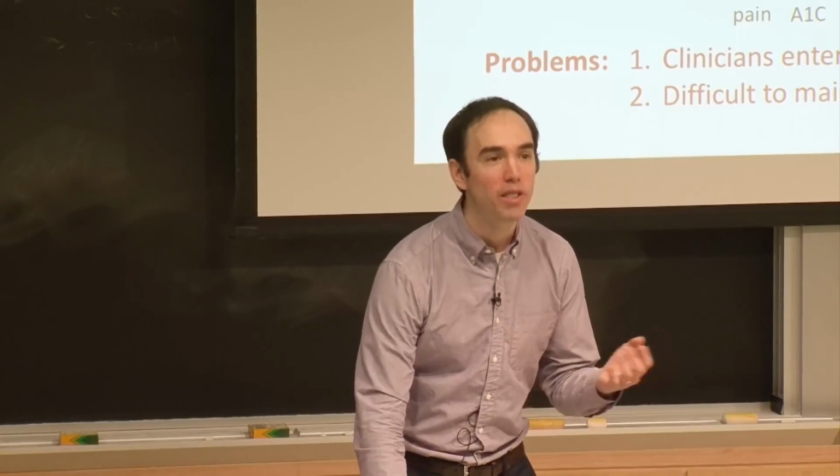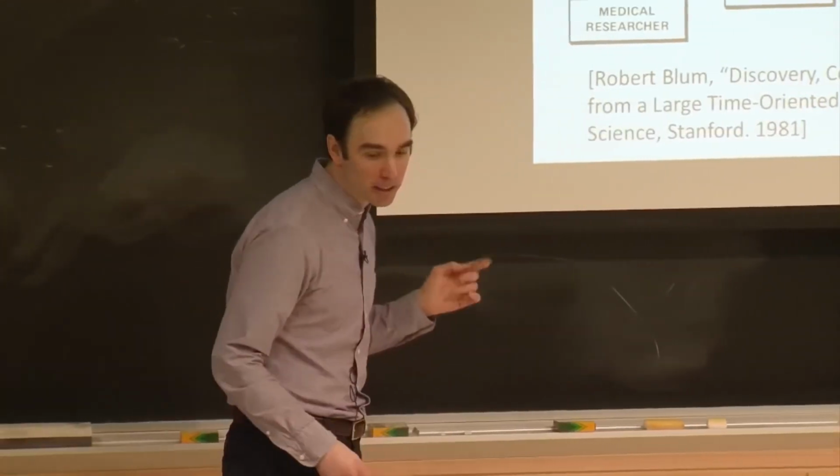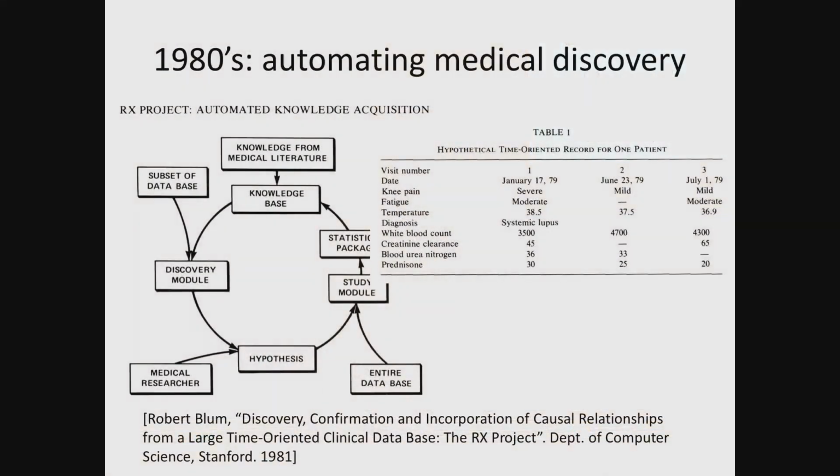I'll move forward to one more example now, also from the 1980s. This is now for a different type of question, not one of how do you do diagnosis, but how do you actually do discovery. So this is an example from Stanford, and it was a really interesting case where one took a data-driven approach to try to make medical discoveries. There was a database of what's called a disease registry from patients with rheumatoid arthritis, which is a chronic disease. It's an